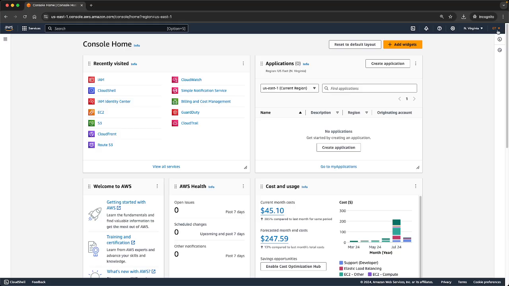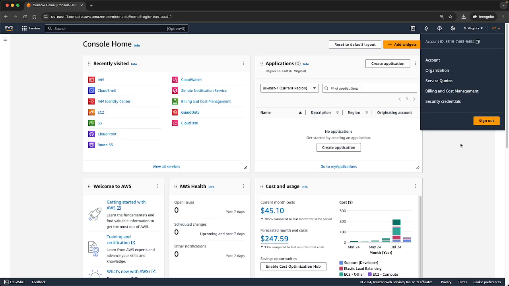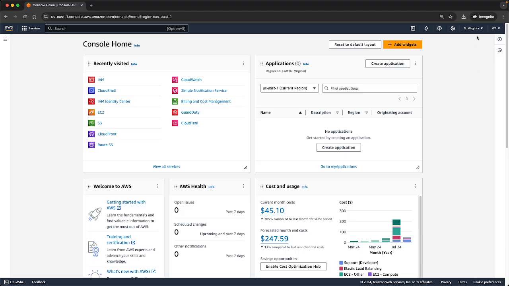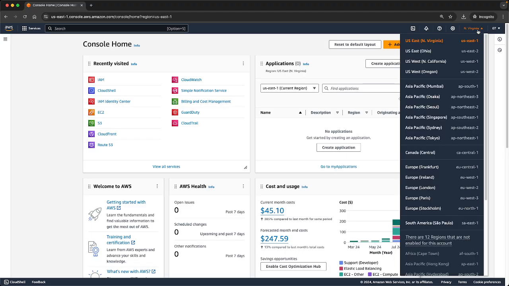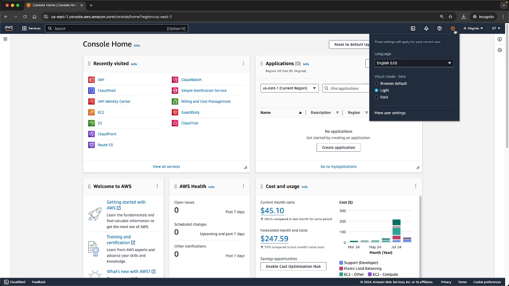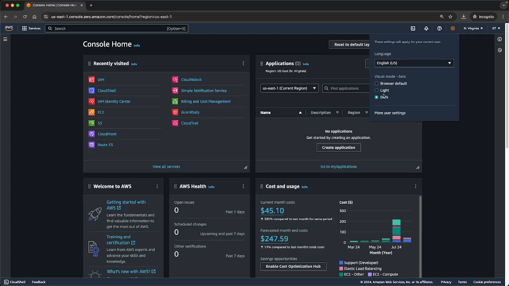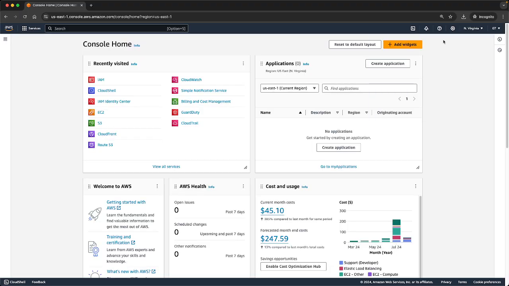And of course, pay attention here. This is the security credentials. We will go over that in a moment, but for the accelerated ones, pay attention to use Northern Virginia, because this is the cheapest and the most complete for services available on AWS. If you want to change the language, you can go here and change from dark to light. This is a good one. And of course, this is the help center, the notifications and alerts, and here you have the console and the CloudShell. You will be talking about this in later lectures, okay?